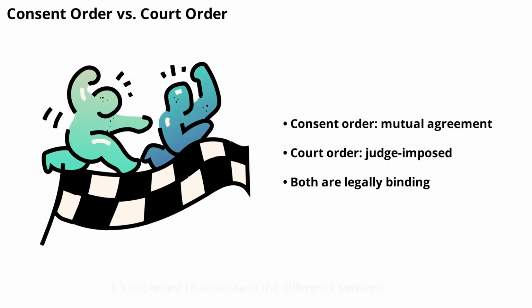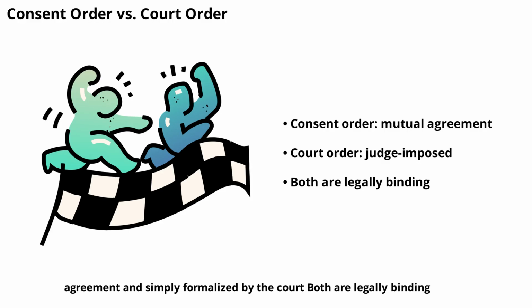It's important to understand the difference between a consent order and a regular court order. A court order is imposed by a judge after a hearing or trial, often without the agreement of both parties. In contrast, a consent order is based on mutual agreement and simply formalized by the court. Both are legally binding, but the process and spirit behind them are different. Consent orders are generally less adversarial and can lead to better long-term outcomes because both parties have had a say